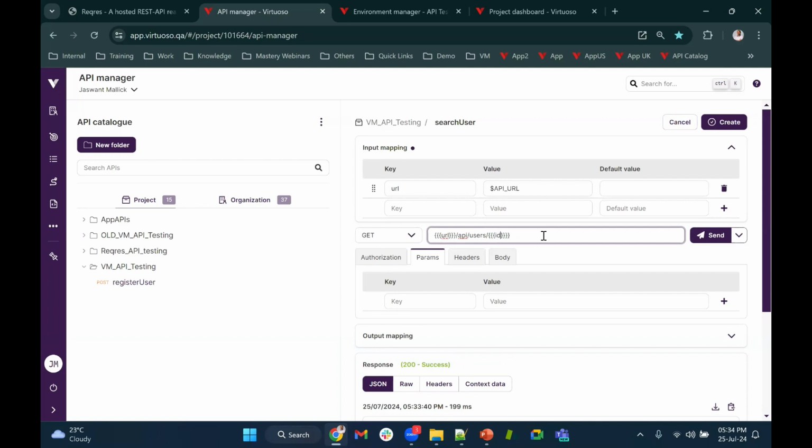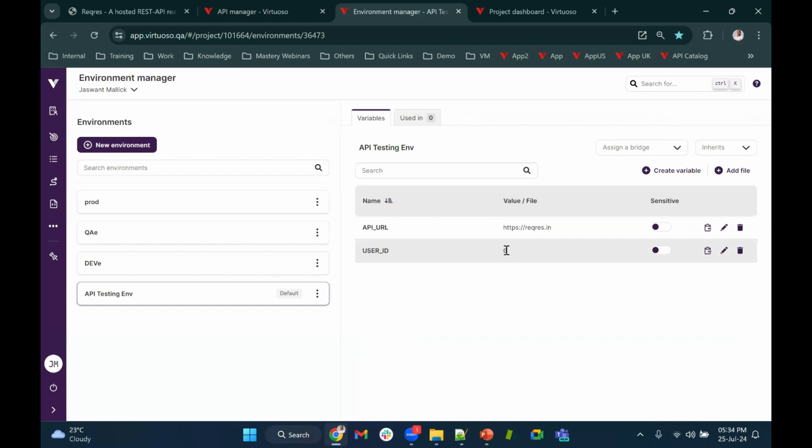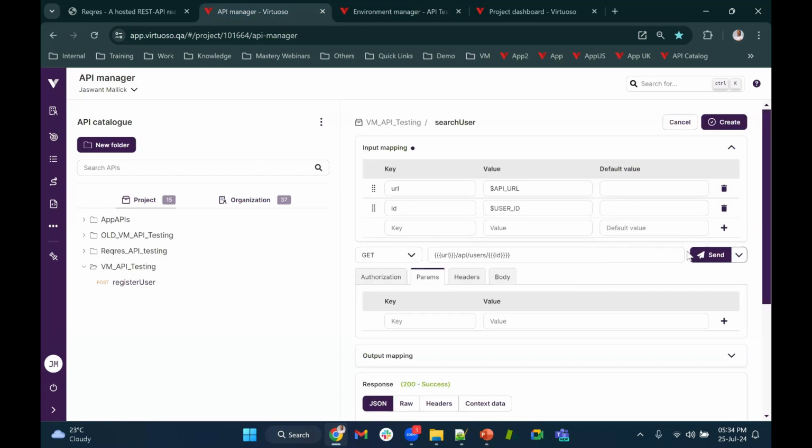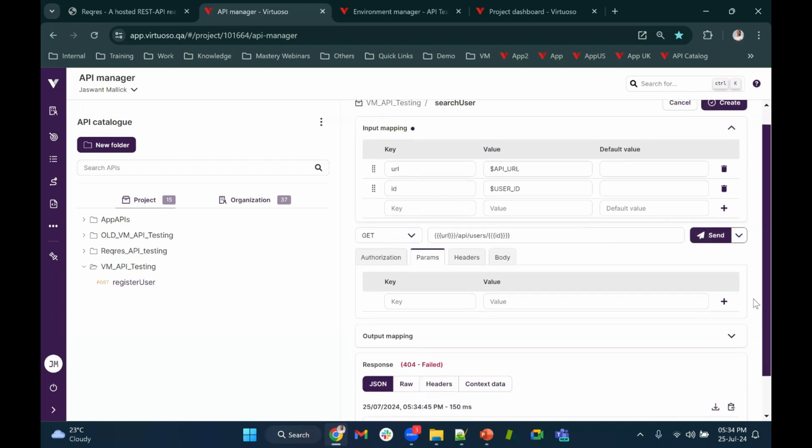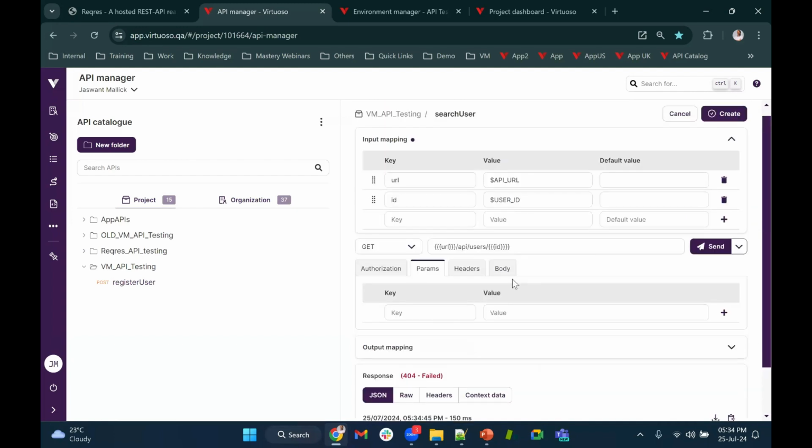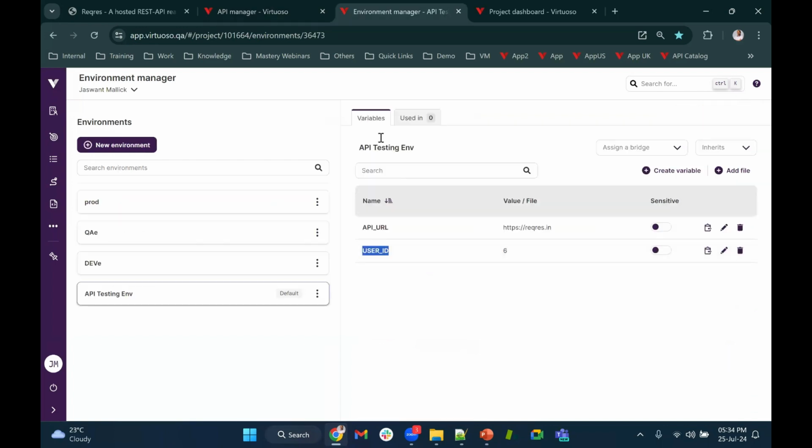I'll write ID in it, and I'll pass this ID as another environment variable, dollar user ID. If you see, this user ID is also an environment variable created here whose value is 6. Okay. So now when I call this API, the last time it had returned me the ID, user ID, user ID, you see,